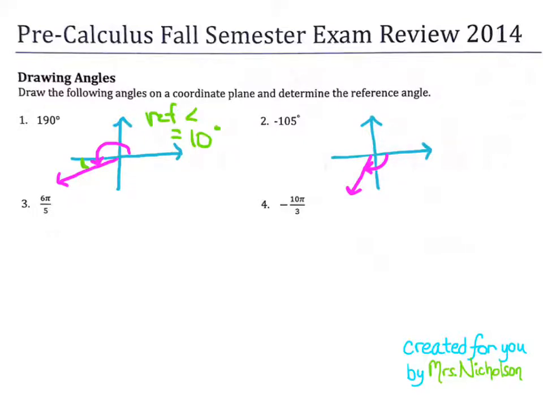Now the reference angle again is the angle between the terminal side and the x-axis, and that's going to be this angle right here. And we can find that by subtracting 105 from 180 degrees, and that gives us 75 degrees. Now the next two angles are in radians,